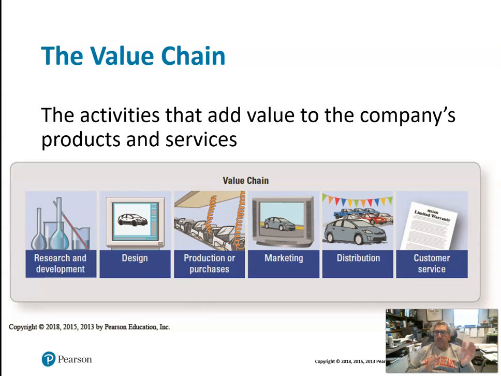And that value chain really starts with an idea. Before a company is producing a product, before they can build anything, somebody has to have an idea. That idea is usually generated either by a need that's developed in the marketplace, a problem that's been identified that needs to be solved, or a unique approach to providing